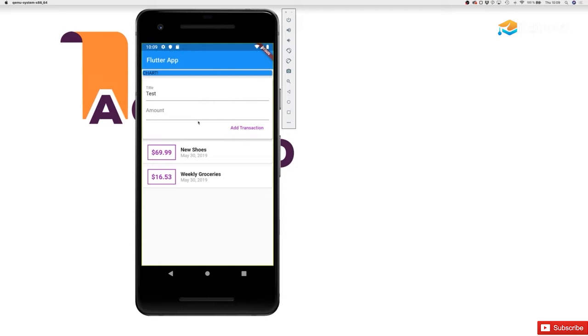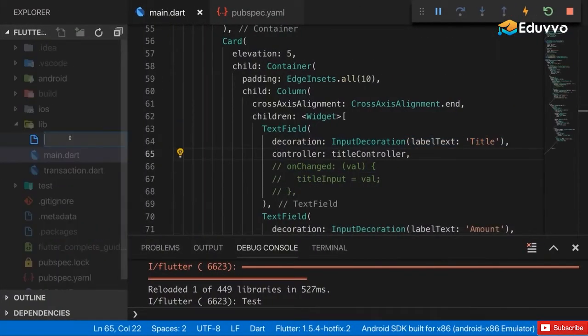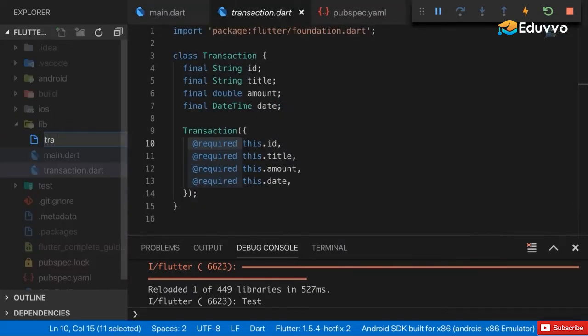In this box, we don't show the new transaction. So there's no need to repaint this with every new transaction we added, or with every change in the transactions list in general. So it would make sense to have that list of transactions in a separate widget. And therefore, let's create a new file here, which I'll name